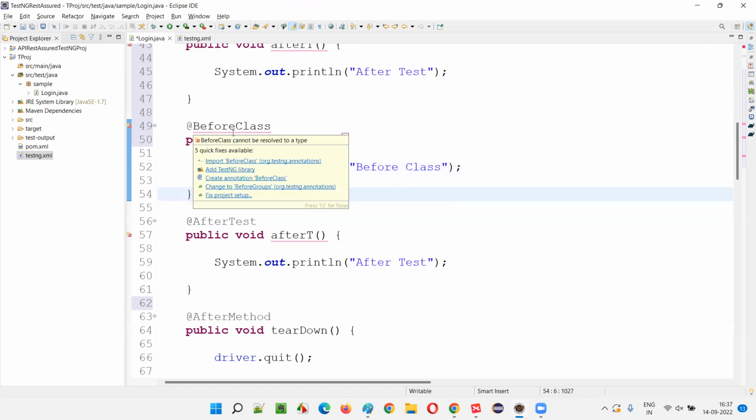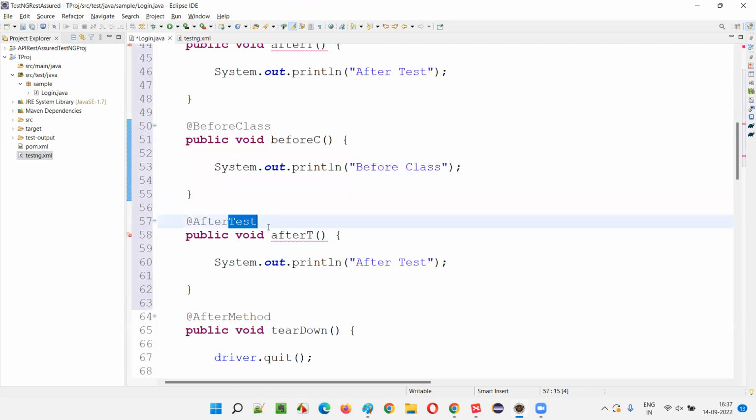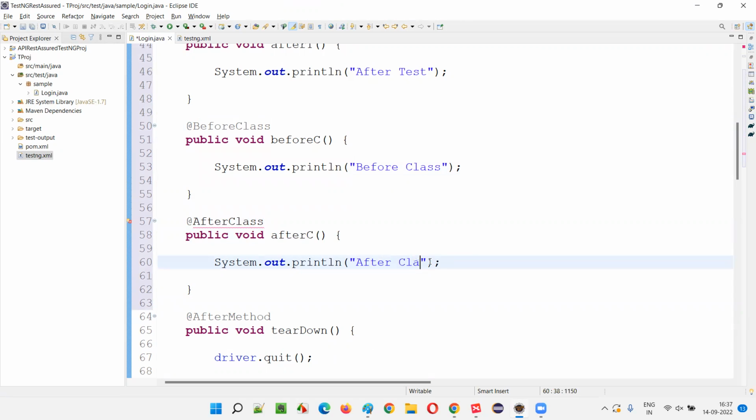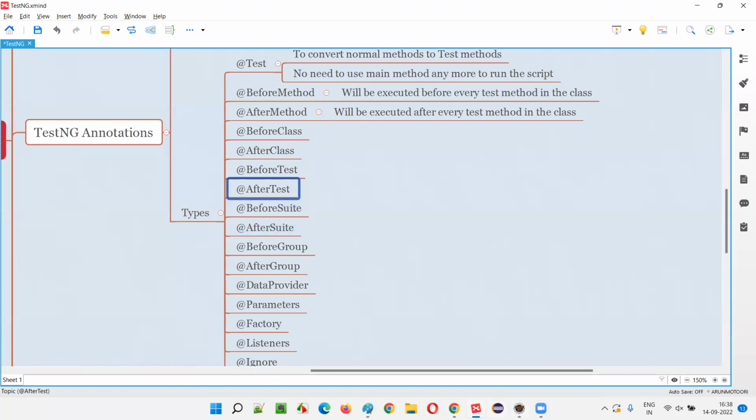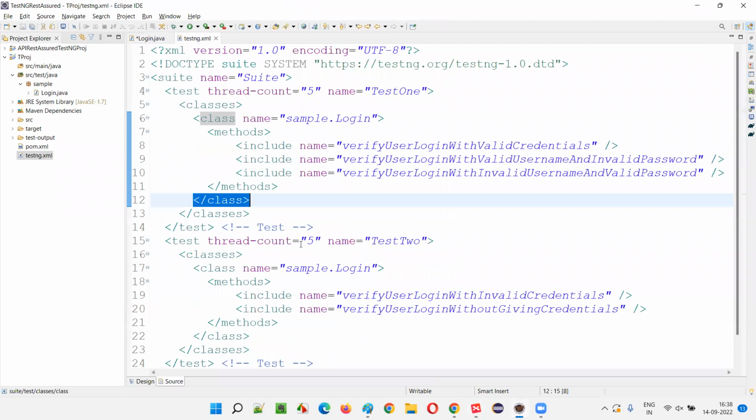Okay, import this before class, guys, and after class I'll write, and here I'll write C here, after class. Here also I'll say after class. Import this after class, and after that, now you understood before class, after class, after class, and